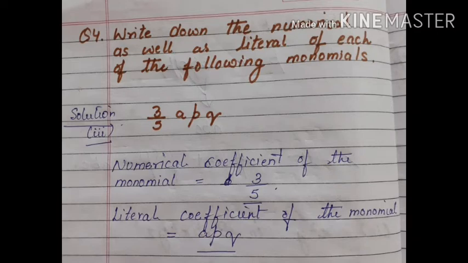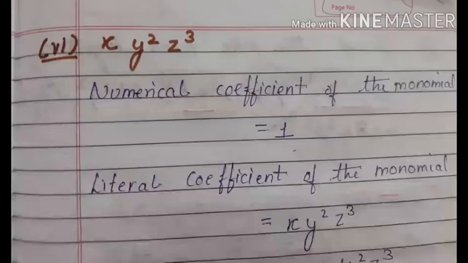But if I am asked to find the coefficient of a, the coefficient of p, and the coefficient of q, then we can do it like this. If I am asked to find the coefficient of a, it will be 3 by 5 pq; of p, it will be 3 by 5 aq; and of q, it will be 3 by 5 ap. So I think now it is clear to you how we find the coefficient. Whenever we are asked to find the coefficient from the given expression, we just leave that literal or numeral there with the expression, and the remaining part we write down separately.